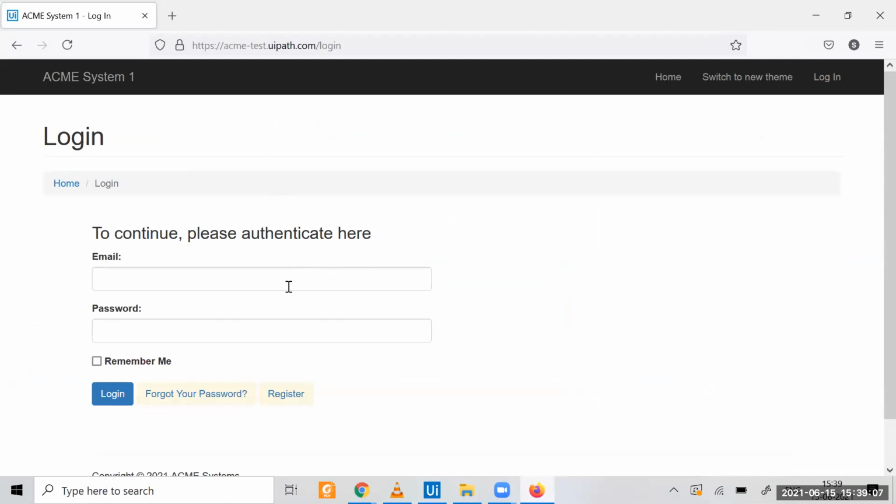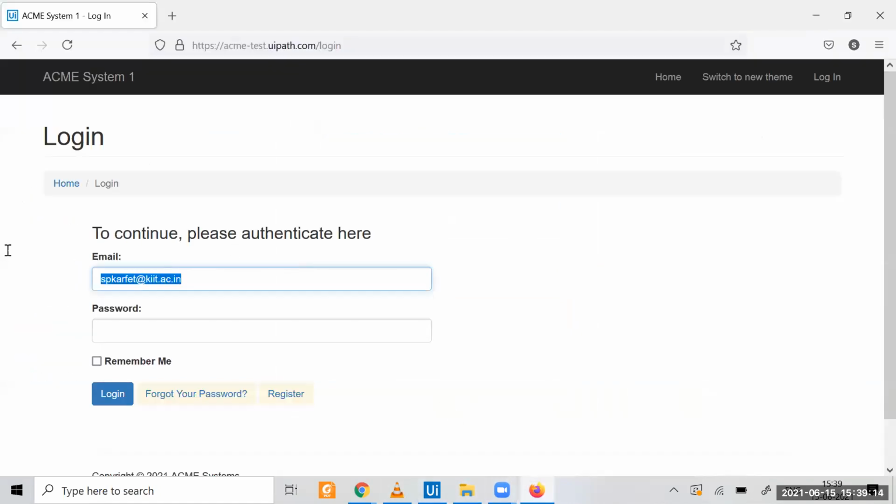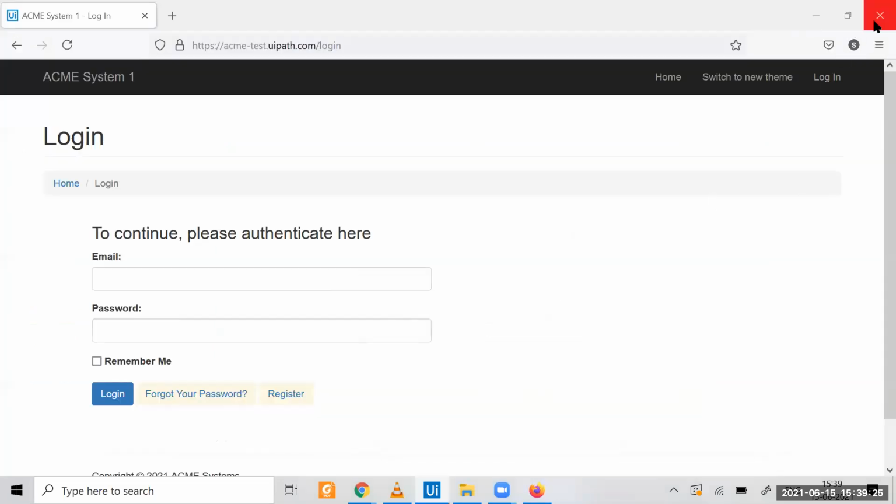So suppose I run the login subroutine. If I start running the login one, it will run the file and log me into this one.